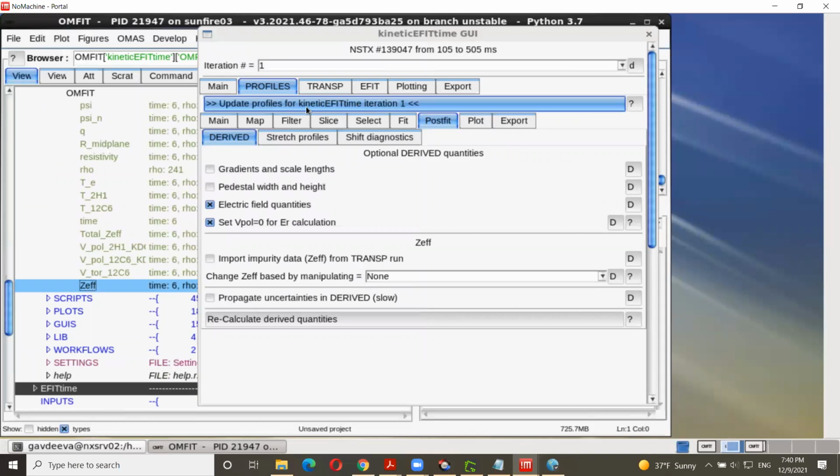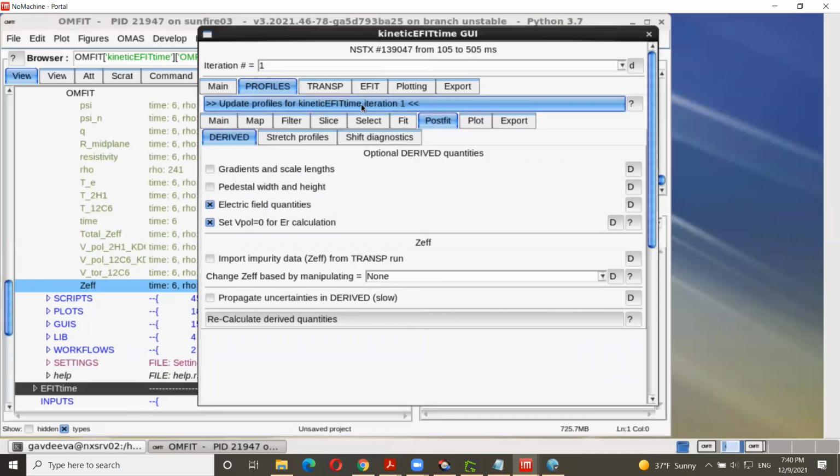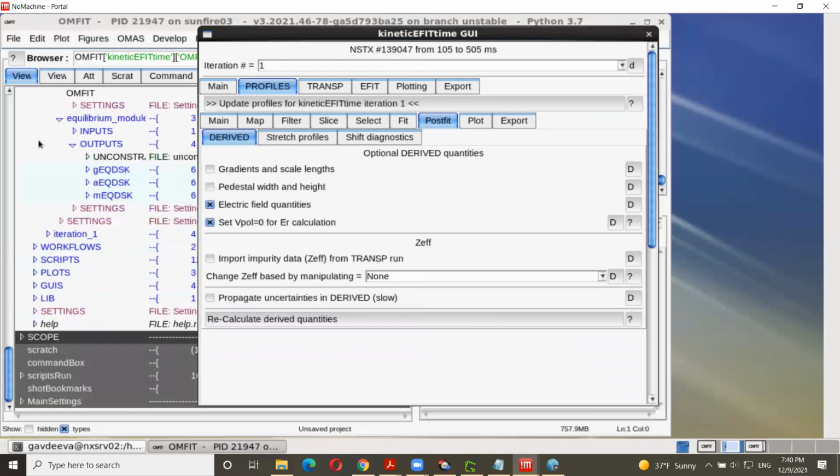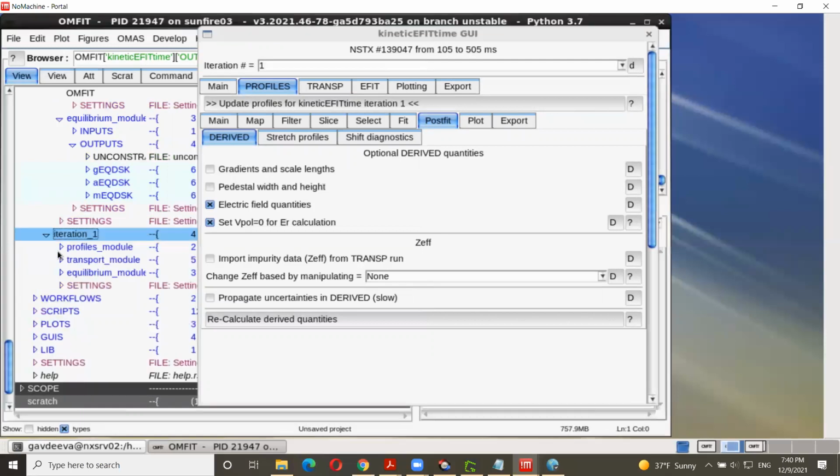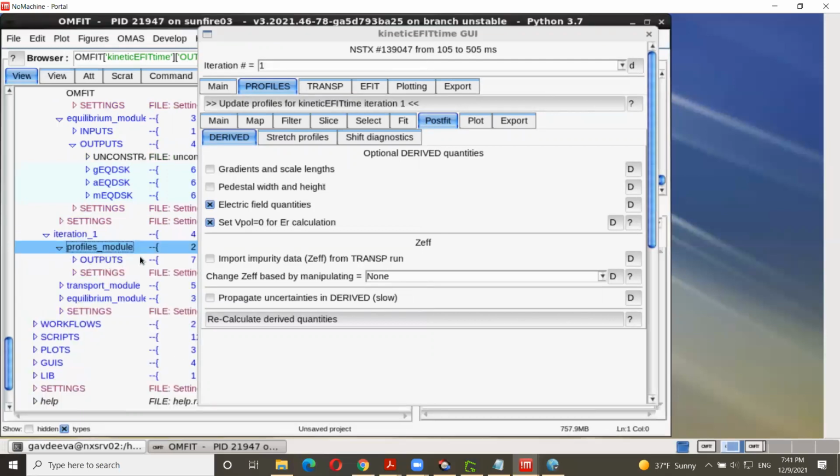So now we need to update the profiles for the new iteration. I'm doing it here. So we have a new iteration now with profiles, and now we can create our